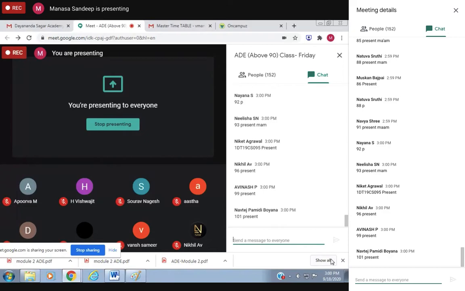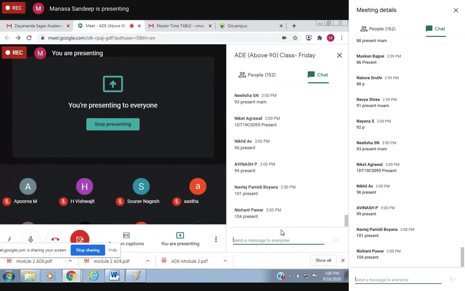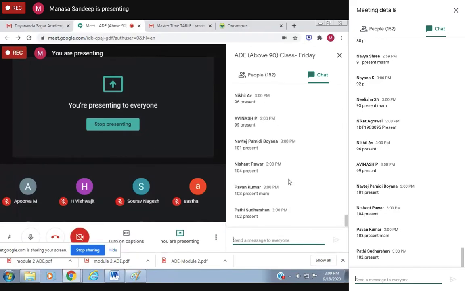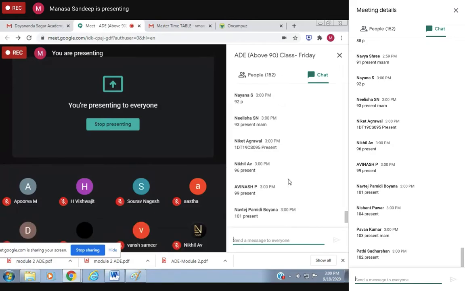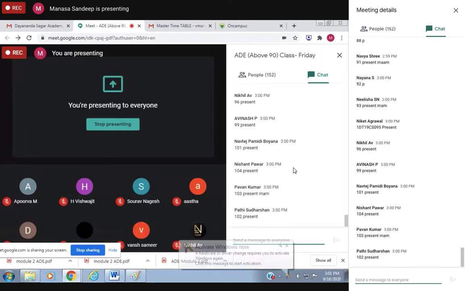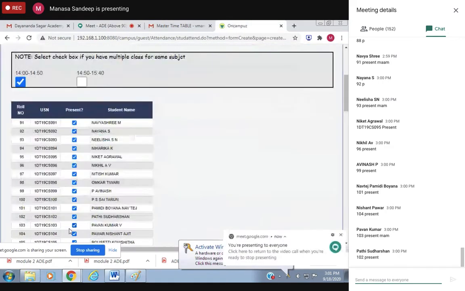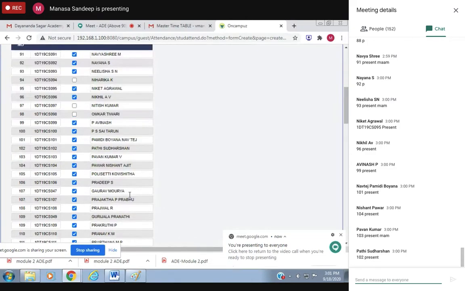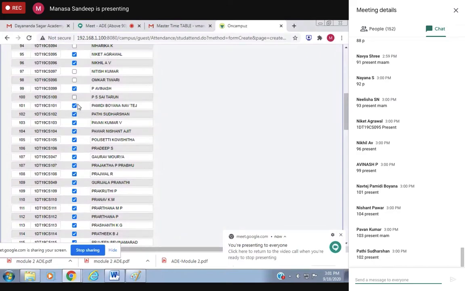Okay, 98, 99, 100. 98 is absent, no? 98 is Omkar is absent. 99 I got, 100 I didn't get. 100 is Sai Tarun. Sai Tarun is absent. Okay. So here 94 is absent. 97, 98 is absent. 100 is absent. Okay. So next